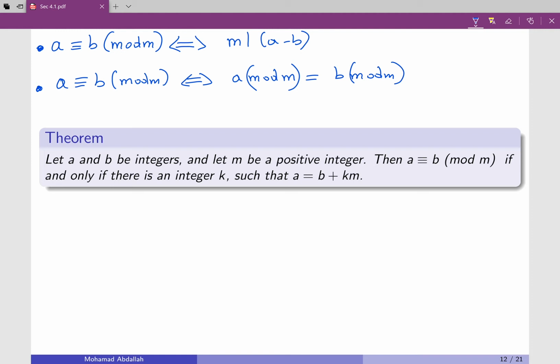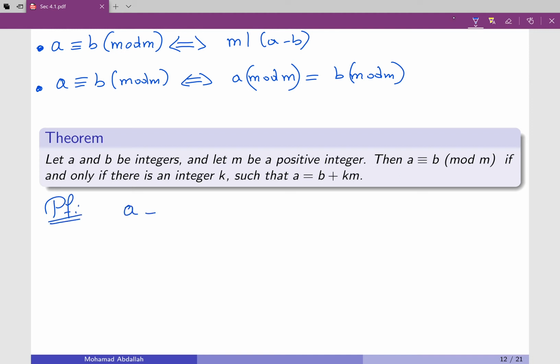This theorem is really nice and I like it, and it's easy. It's more handy in proofs. Let a and b be integers and m positive, then a is congruent to b mod m if and only if there is an integer k such that a equals b plus km. The proof is very simple